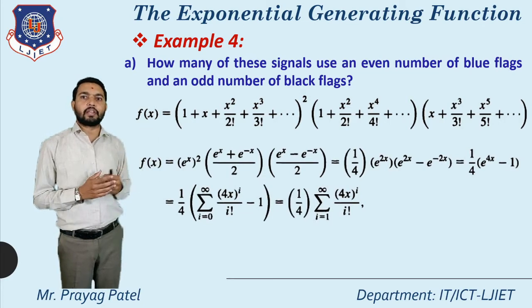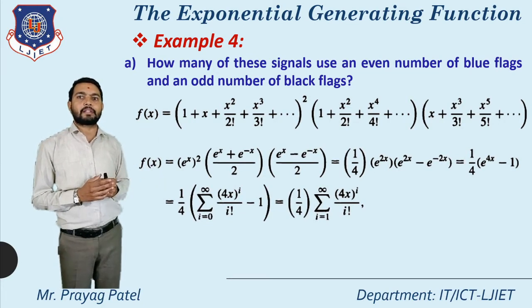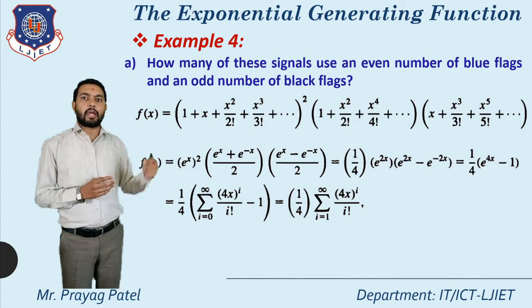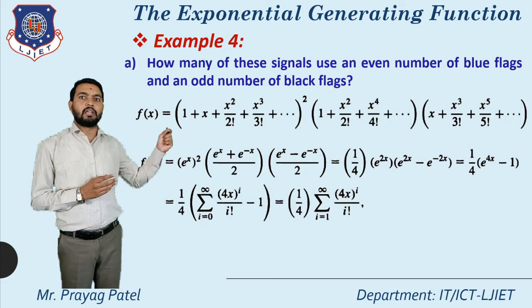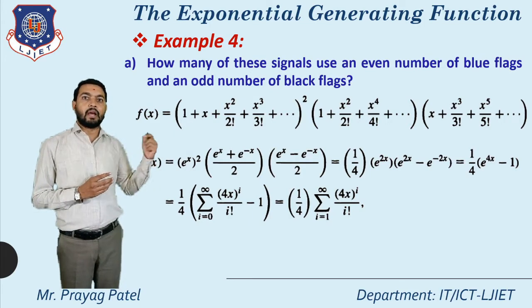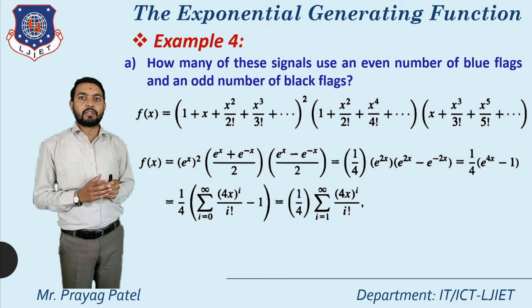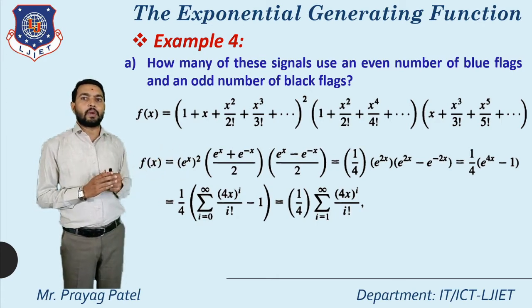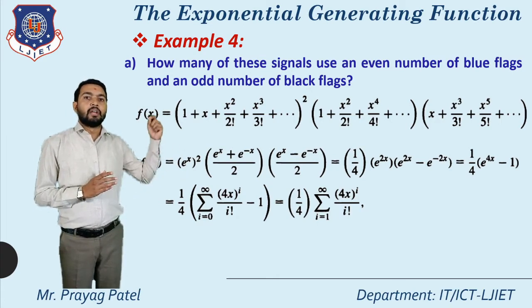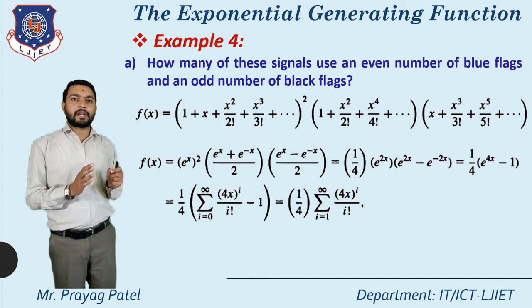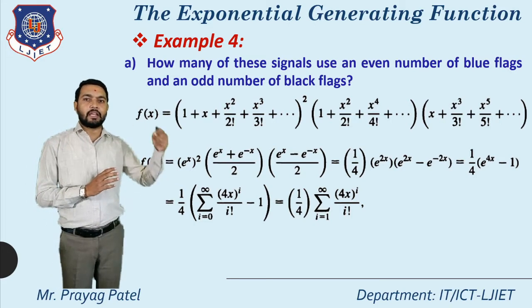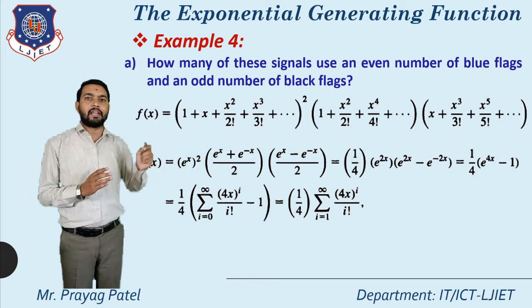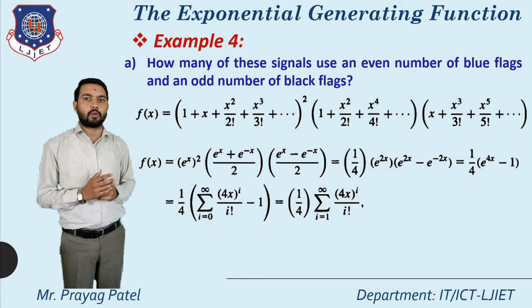Now when we solve this equation, the resultant value is f of x equal to e raised to x square, because e raised to x equals this sequence. The second part is an even sequence, meaning addition of the two elements e raised to x and e raised to minus x, so e raised to x plus e raised to minus x divided by 2. The last sequence is a subtraction of the two, e raised to x minus e raised to minus x, divided by 2.